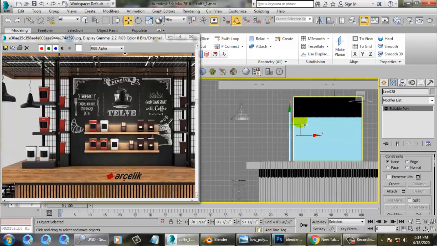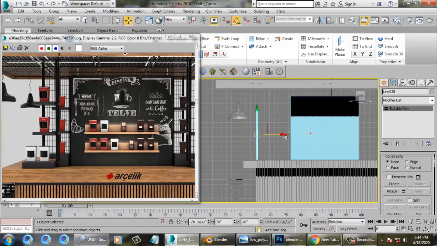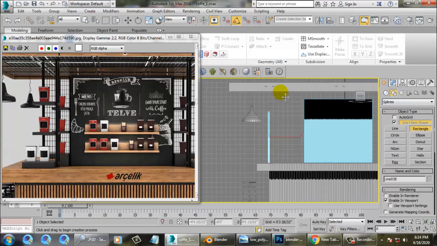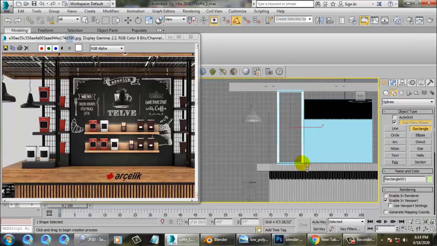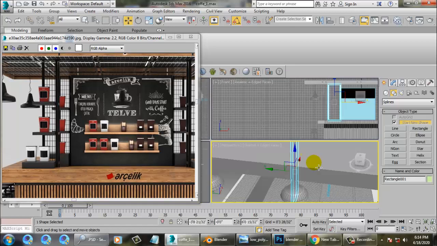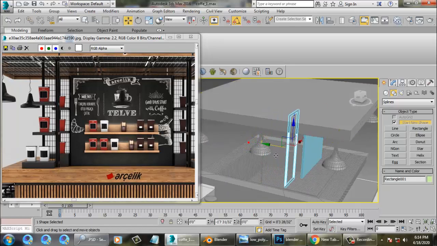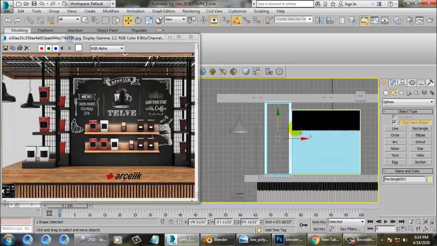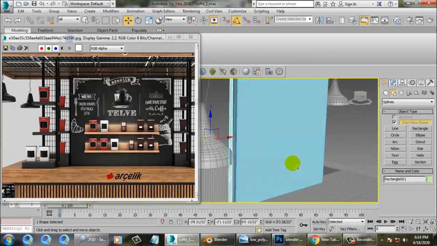Before doing this, I need to create one frame over here. So let's create this frame. This frame should not exceed the overall area.